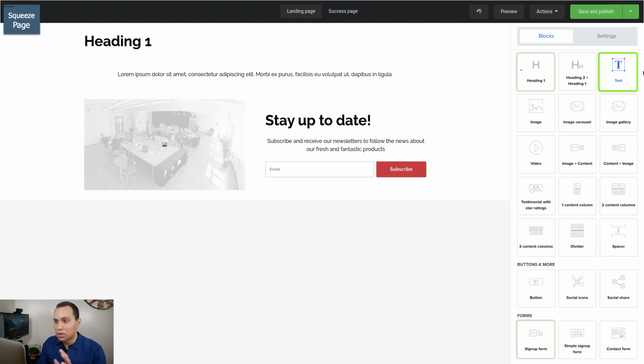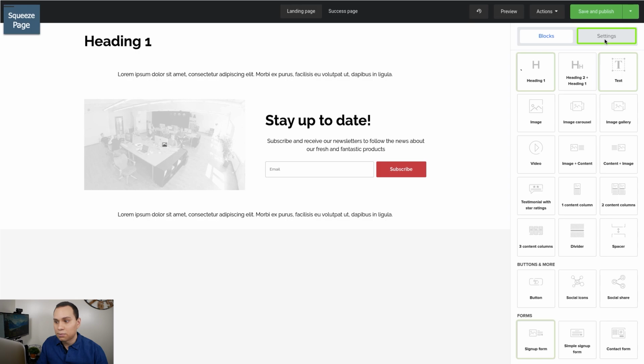Now optionally you can go ahead and select text one more time, and this is going to be where you include your disclaimer text, your terms of service, earnings disclaimer, and privacy policy. I won't get into that because I'm not a lawyer and I'm not giving you legal advice, but you should probably check your traffic sources' advertising policies to make sure that you're in line, because places like Google and Facebook like having those things at the bottom.